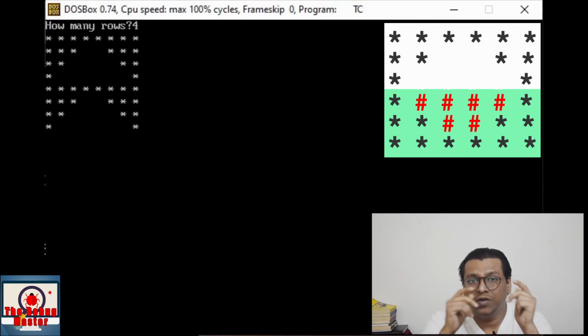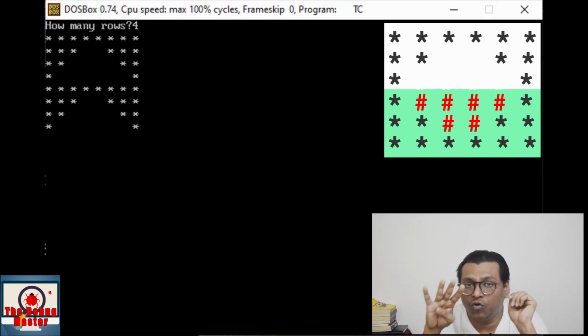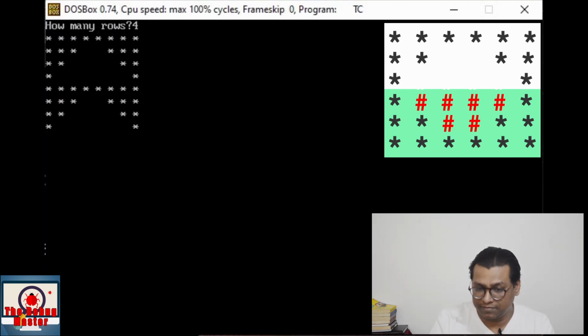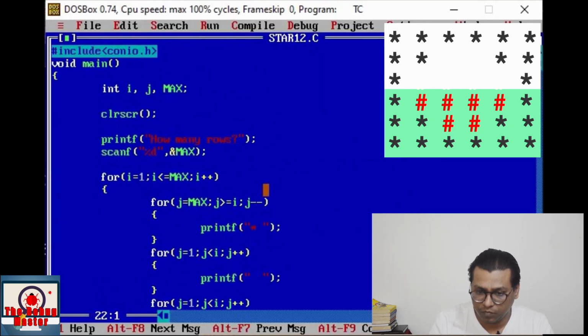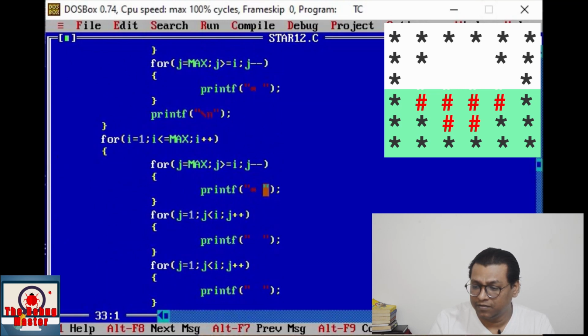Right? Now we just need to reverse the patterns, means all 4 patterns that we have printed. In the next for loop, we shall reverse the logic of those patterns like this. See, this is the first pattern, right?